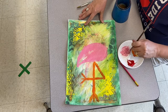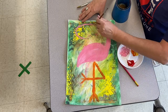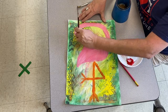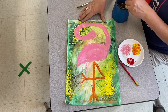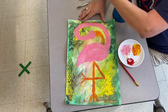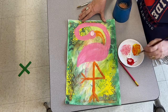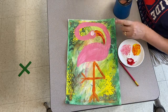So you can see here I'm doing a flamingo in this example, and it's just the base, no shading or tinting or anything like that yet, just putting the base on. So now that I've got my base done, I'm going to let that dry, and then the next day I'm going to come back